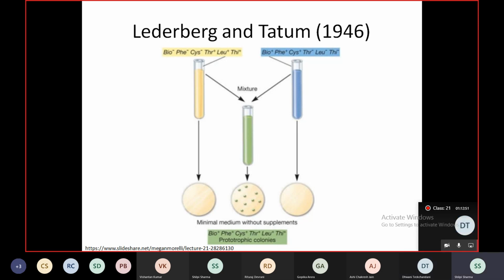Can someone tell me? That there is exchange of genetic material such that probably the mutation that was hindering one from synthesizing whatever substrate it needed was being made up for by getting the complementary genetic material. Yes, so it was being made up, that much is understood, so it is compensating, but it was definitely not talking about any genetic material transfer, Dhwani, right?